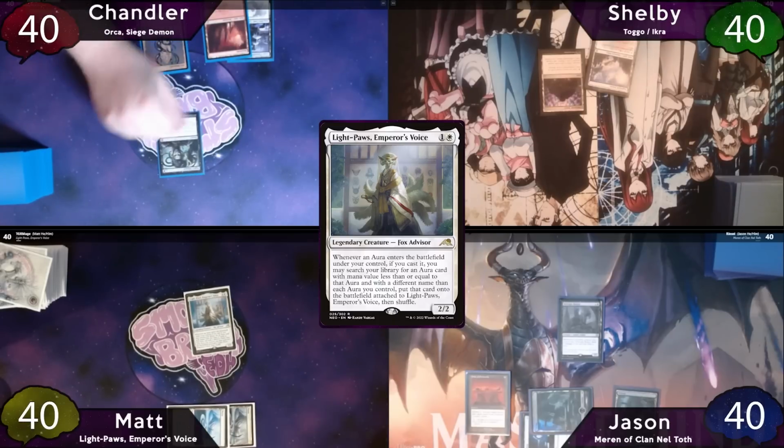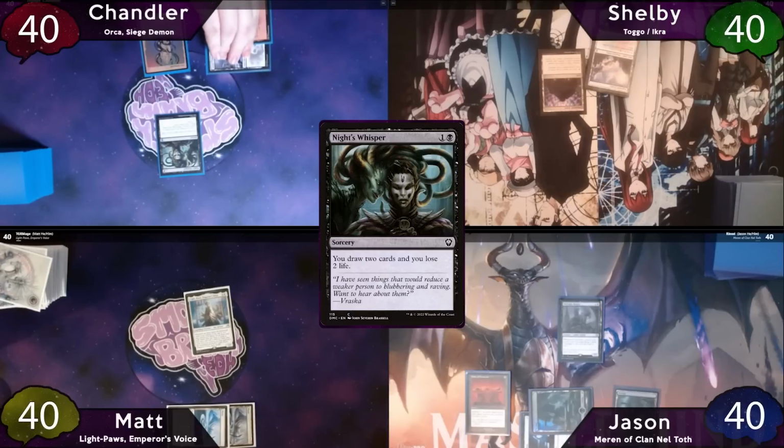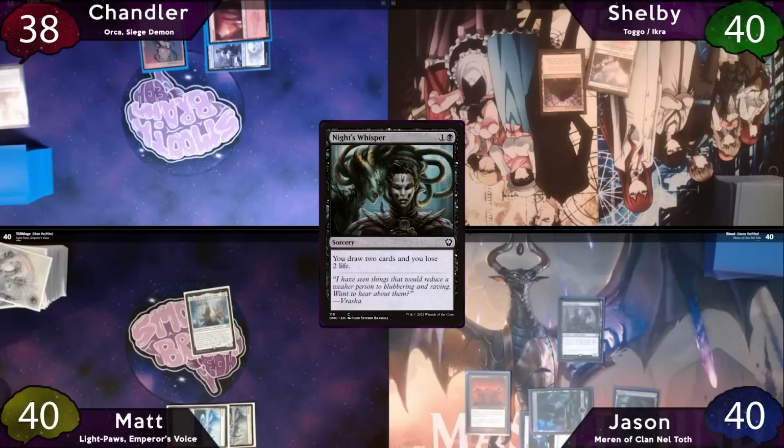The turn is then passed to Matt, who will play a Plains, and then he'll immediately tap for 2 to cast Lightpaws, and then he'll just pass the turn to Chandler, who has not found his 3rd land drop yet, so he'll start by tapping for 2 to cast Night's Whisper, drawing him 2 cards and losing him 2 life. Unfortunately, he doesn't find it though, so he has to move to cleanup, discard Rakdos Signet, and then he'll pass